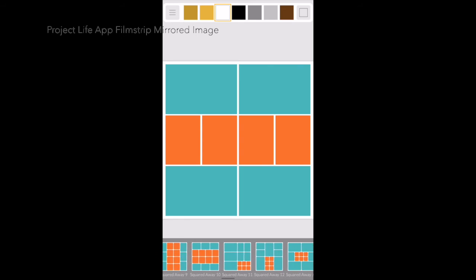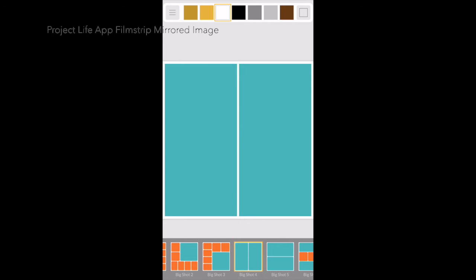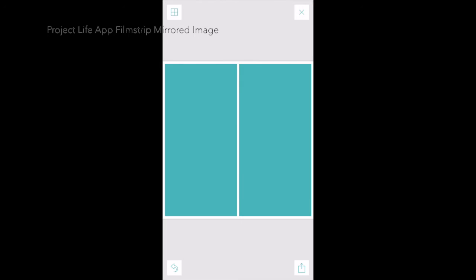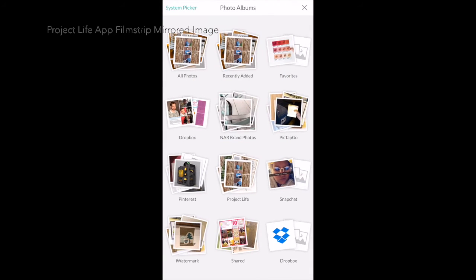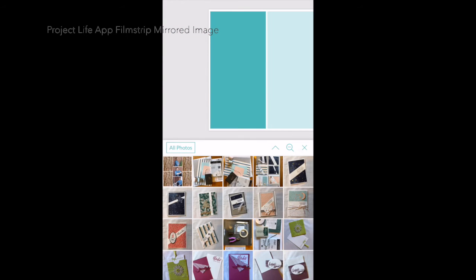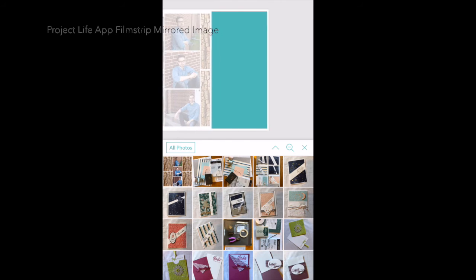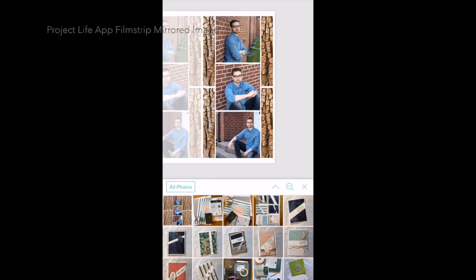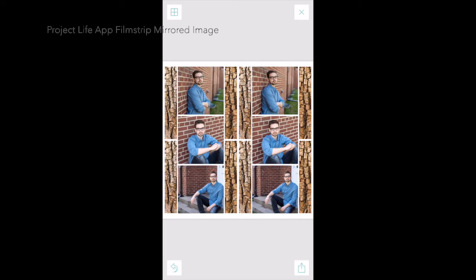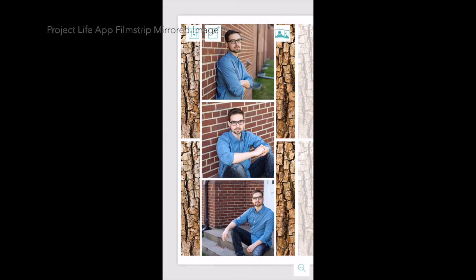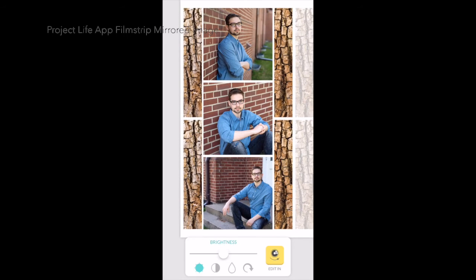Now you're going to open up a new project and you're going to select the Big Shot. I'm coming up on it. Big Shot 4. You're going to do the Big Shot 4. And so what you're going to do here is import your page onto both sides. Okay. Then you have to have the PicTap Go app. So you click on your photo adjuster, edit in PicTap Go,